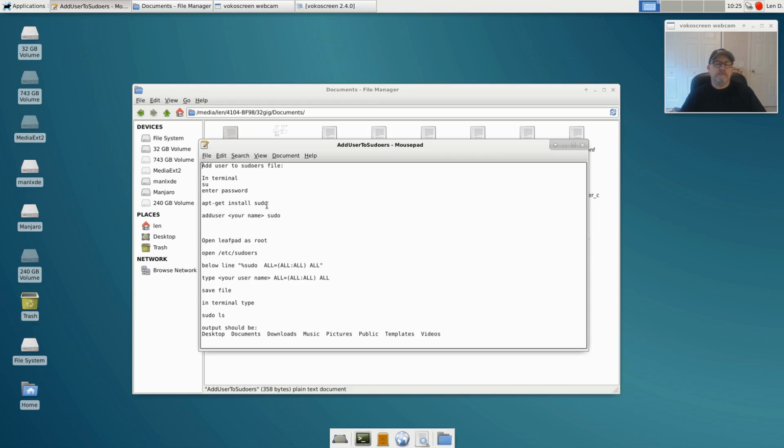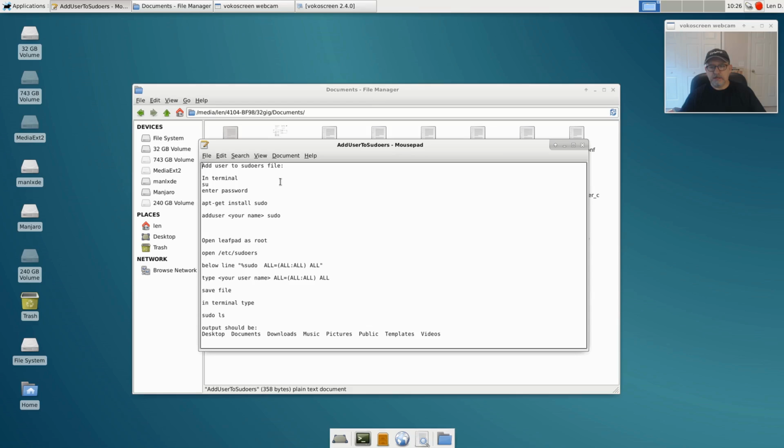So I put it all in a text document, and that way when I start up a new distribution, especially with Debian, which can be a little bit complex, I can add in what I need to be able to run